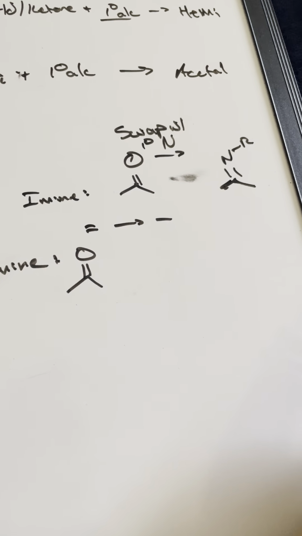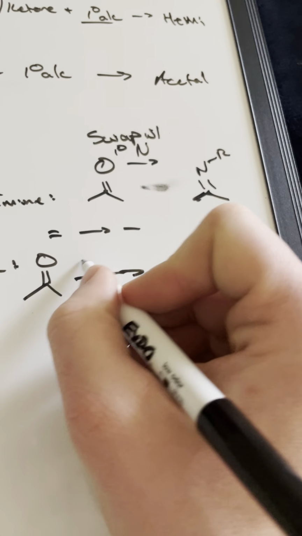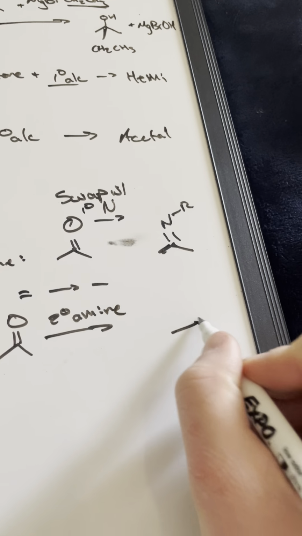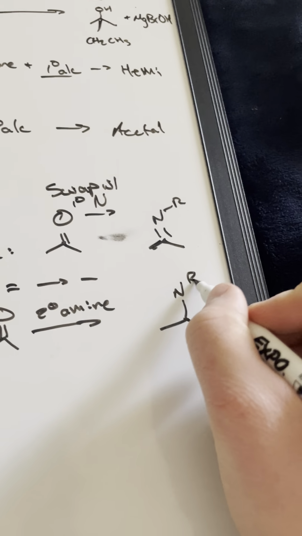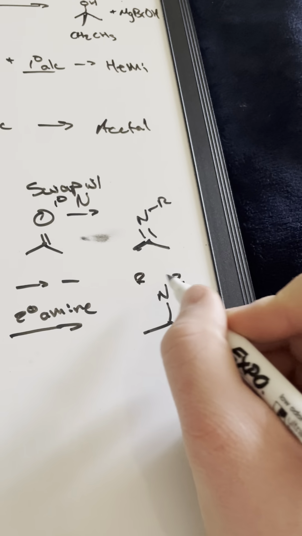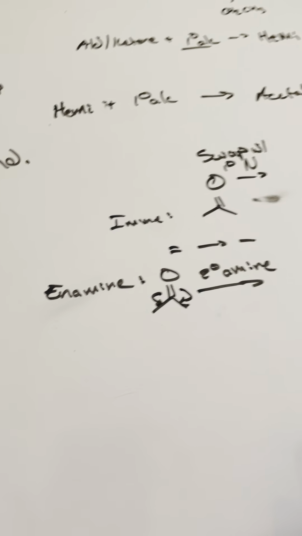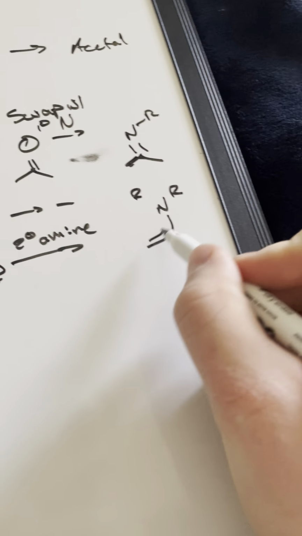Double becomes single. Secondary amine. R, right? And then that double bond is actually just going to flip-flop to one of these two, so you're either going to have a double bond here or a double bond there. It all depends on stability. Whichever one's the most stable will be the most